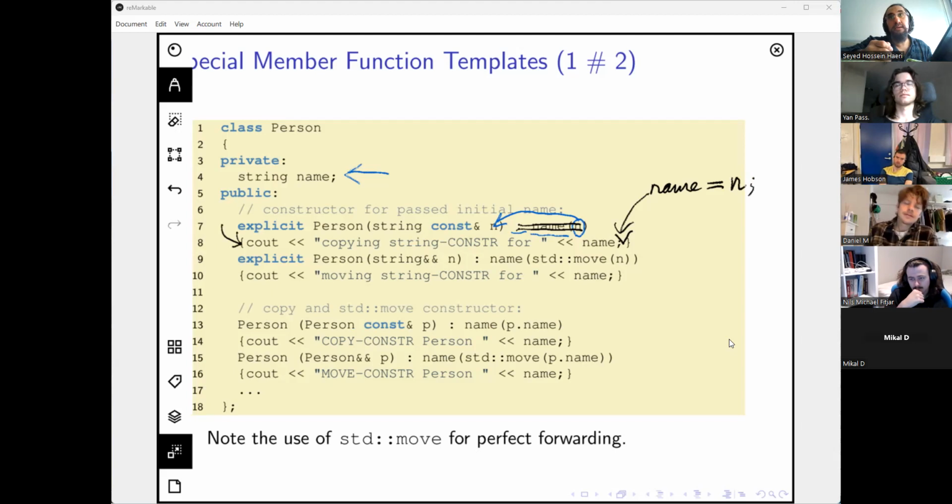And therefore, when the flow of execution makes it to here, it no longer is initializing anything, it's assigning, sorry, it's assigning n to name. So that's the difference between where you put that. Now, that's only possible in this very case because the class string has a default constructor, which means that you can construct an instance of string without passing any arguments.